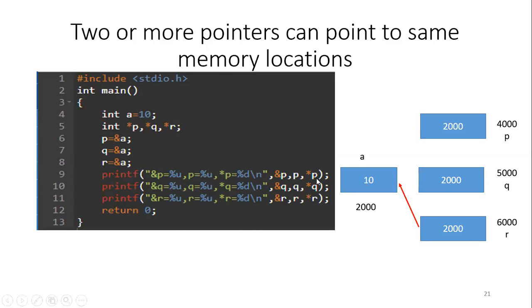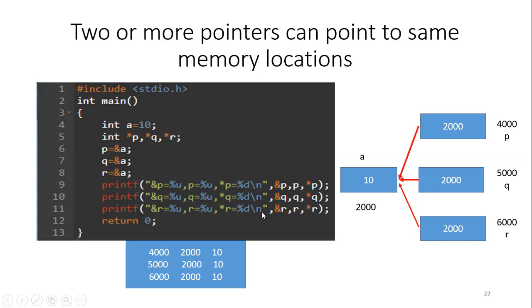So in the first two, I am printing the address, and in the last one, I am printing a normal data value. So in the printf statement, I am writing the format specifiers as, for the first two, since they are addresses, unsigned number. So I am writing %u. And for the last one, since it is a data value, it can be a negative number also. So I am writing %d. Remember, %u stands for unsigned integer, which will store only positive values. But in case of value, I can store even a negative value. So for star p, I am not writing %u, I am writing %d.